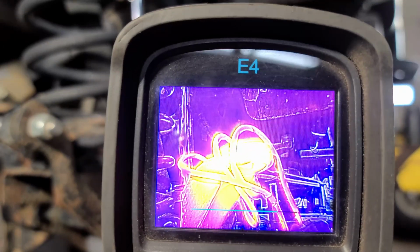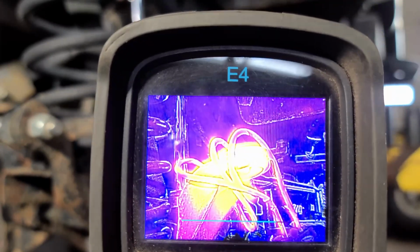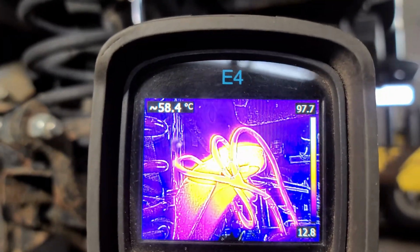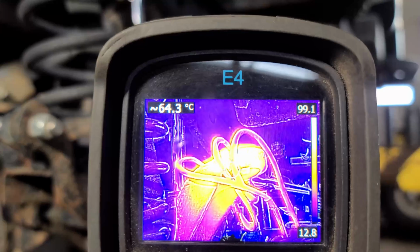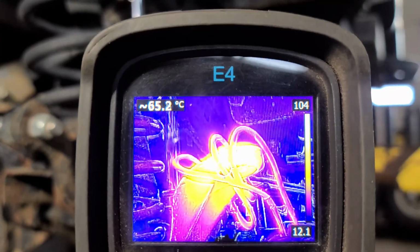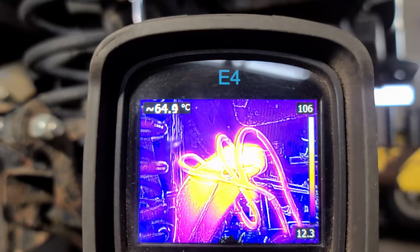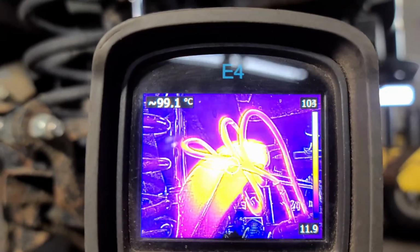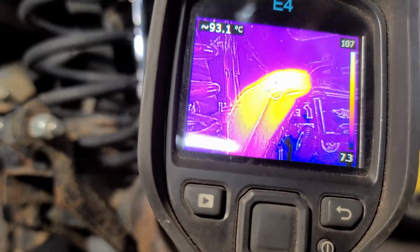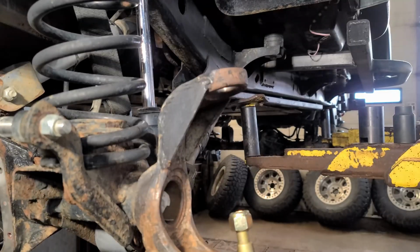Camera's still loading. It'll tell us the temperature here soon. There you go, no flames. Already 100 Fahrenheit. Sorry, Celsius. Even hotter than Fahrenheit. Yeah, that's probably hot enough. Just for comparison,